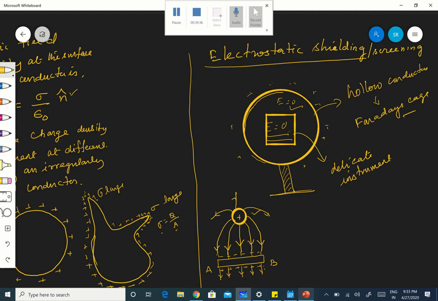But if I am keeping the next case, okay, next case what I am doing is AB, and here is my positive, that is a positive charge body. So what will happen to the electric field, if you are asked to draw? There will be induction. Once I am keeping it, because of induction, the upper side will be negative and the lower side will be positive. Therefore the electric field lines will be coming like this.